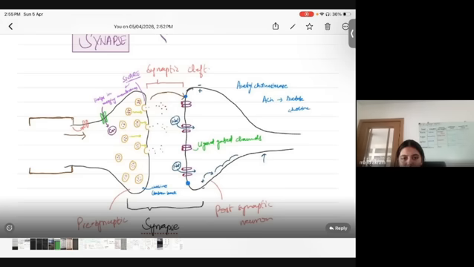This is where the electrical impulse that is traveling in the neuron converts into a chemical impulse. Neurons are supposed to send messages in the form of electrical impulses to and from the central nervous system. For example, with your sensory neuron, when you touch something, you're able to feel it. I touch this pencil, I'm able to feel that I'm touching the pencil. How am I able to feel it? Because